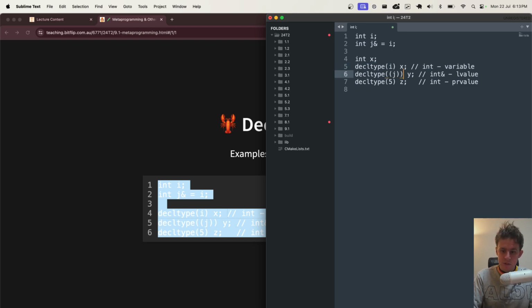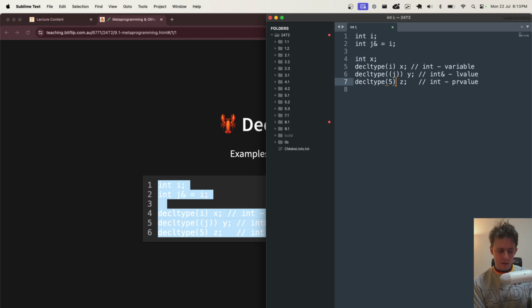And I could also do something here as well where I say, you know what, I'd like to create another variable called y, and I want it to be decltype of j. So what's the type of j? It's an int reference. Okay, what are we going to do there? Can this work with auto syntax? I don't really know how it would, because auto is in a lot of ways a similar thing to decltype.